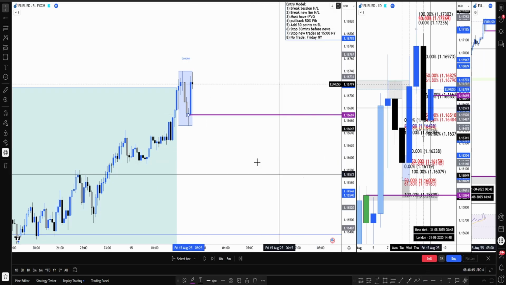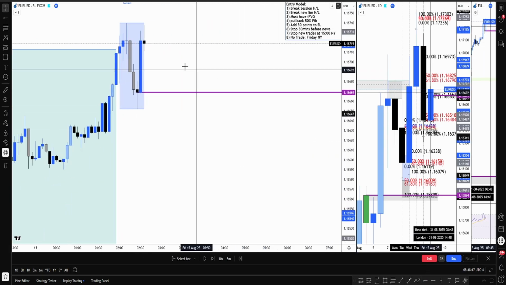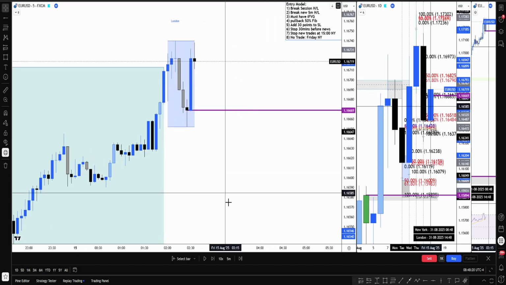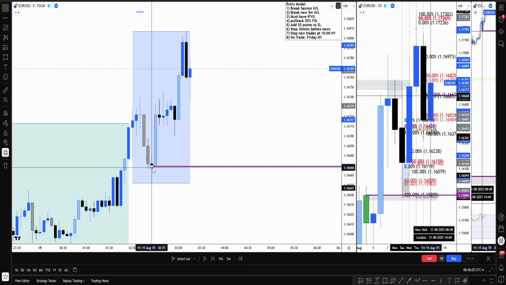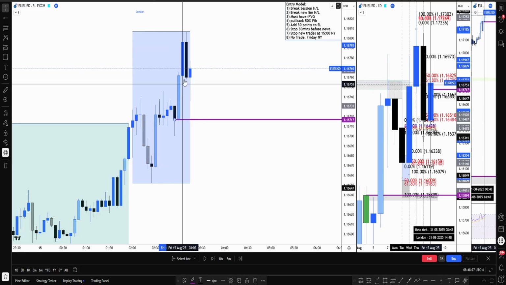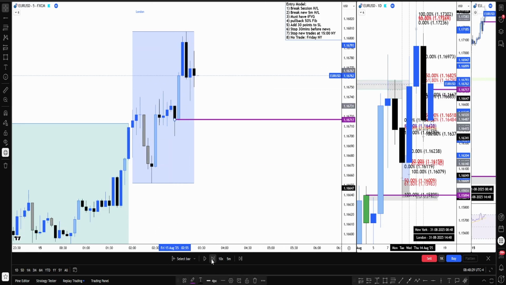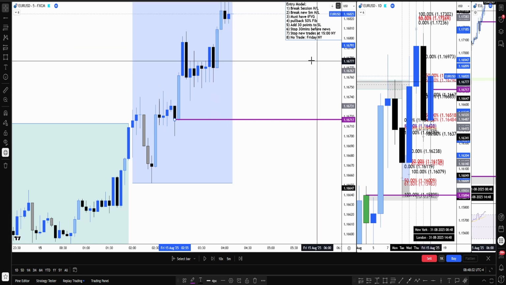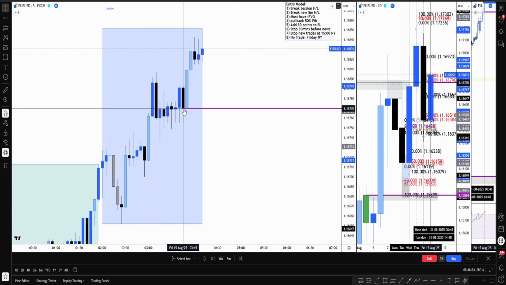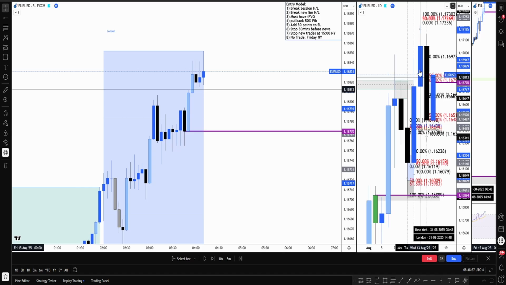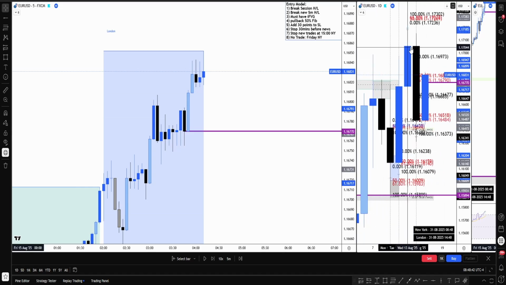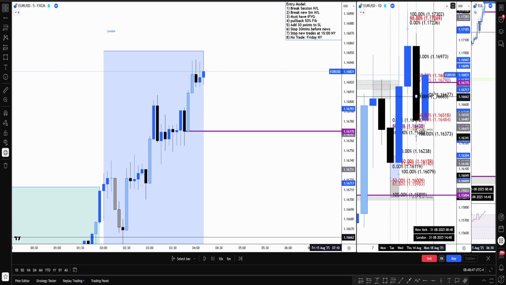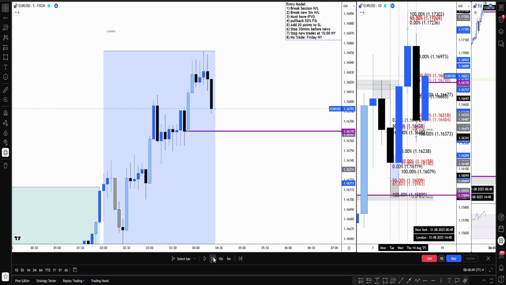So there we go. Let's quickly zoom in here a little bit. That's much better. Now we're waiting for a close below that candle, or we have a new low to work from. Here we go. Remember, we are at some form of a daily resistance. We have a daily resistance high here. Price reacted from this the previous day. Let's just quickly move forward.